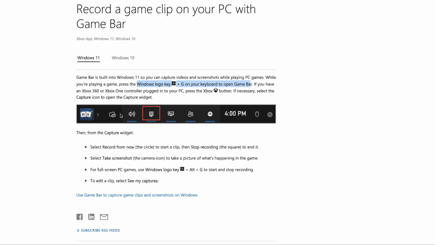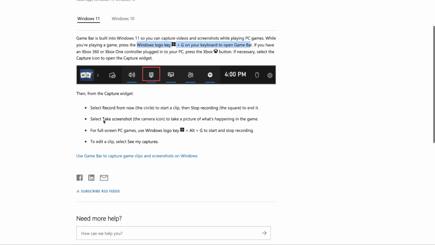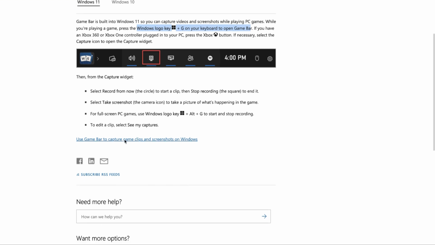With Xbox Game Bar, you can record your screen and capture video, which is perfect for documenting issues or recording test scenarios. It is packed with features that make creating video documentation a breeze. If you haven't checked this out, you should definitely check it out because you might be surprised at how useful